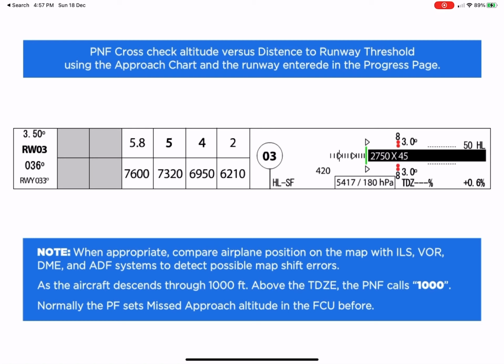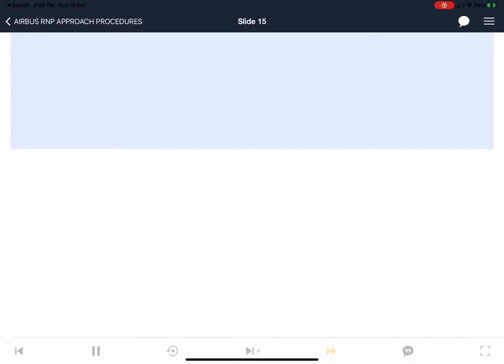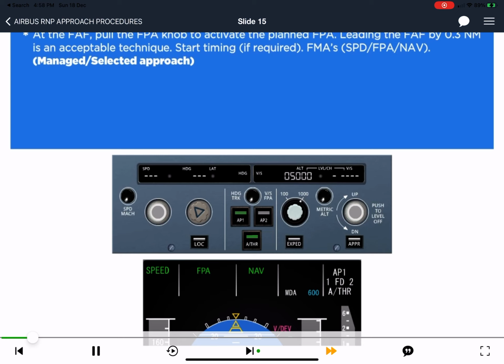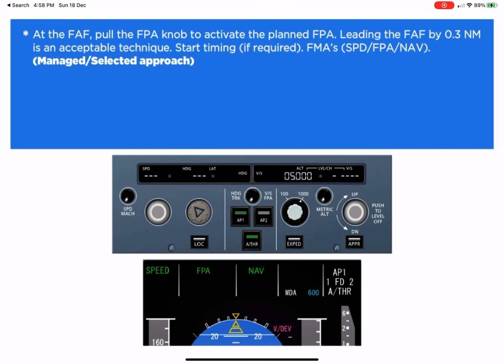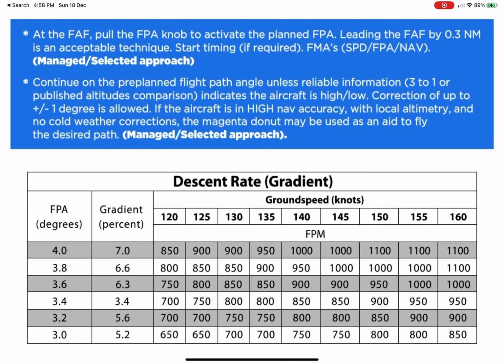Normally the PF sets missed approach altitude in the FCU before. PF set the go-around altitude according to FCOM procedure. When using FPA guidance at the FAF, pull the FPA knob to activate the planned FPA. Leading the FAF by 0.3 nautical miles is an acceptable technique. Start timing, if required. FMAs: SPD, FPA, NAV managed, selected approach. Continue on the pre-planned flight path angle unless reliable information, 3-to-1 or published altitudes comparison, indicates the